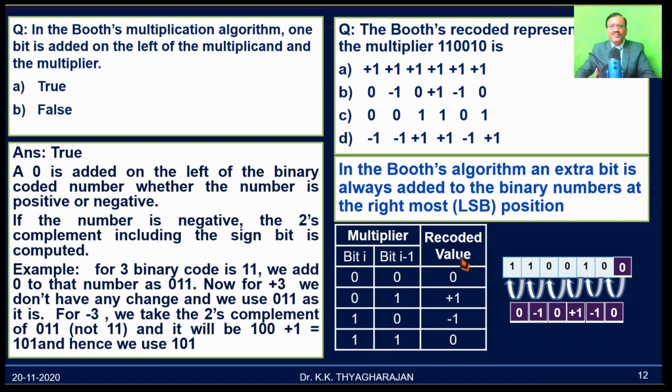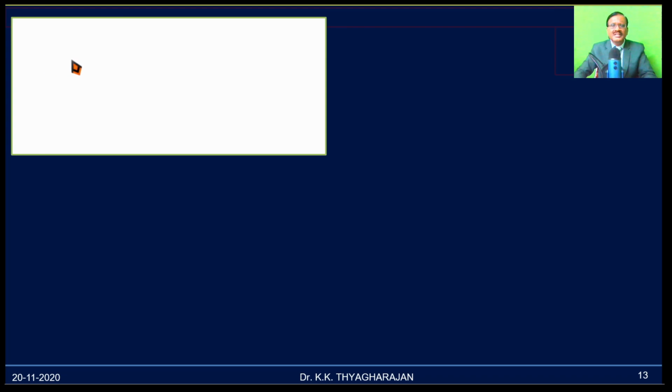So this type of question can be asked for 2 marks because you have to work out and find out the result. It is not possible to guess or to mug up the result. Now let us see the next question.